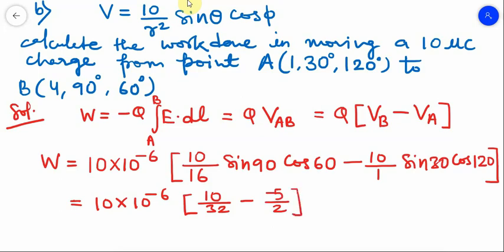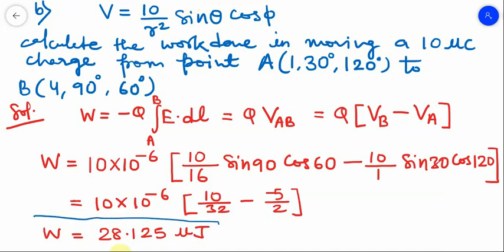Okay, so if you solve it, then your W will be 28.125 microjoule, because we have considered this 10 to the power minus 6 here. So this is the work done in moving this 10 microcoulomb charge from point A to point B. In this way we can solve the numericals